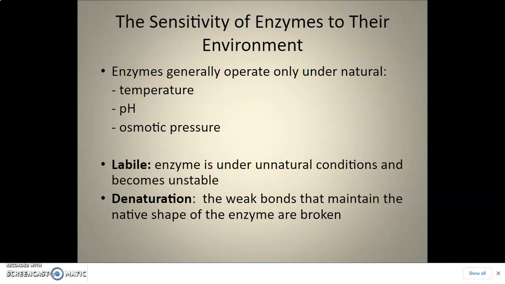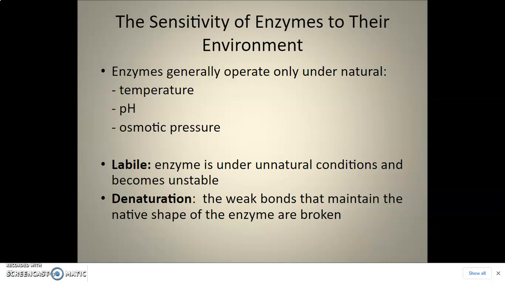Now, enzymes are sensitive to their environment, right? And so that's why it's actually pretty difficult to figure out the structure of a protein in an enzyme, because as soon as you pull it out of the cell, you put it in different conditions, it's going to change its shape and what it looks like. How we actually look at proteins and enzymes is by using something called X-ray crystallography, the most common method, where we essentially crystallize it before we pull it out and look at it, because temperature, pH, osmotic